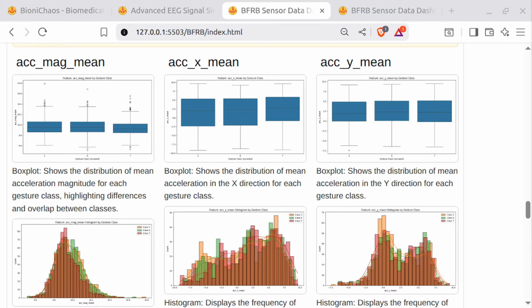Here's what I can do for you right now. I've loaded your binary feature importances. Features with 0 importance, like ACC_